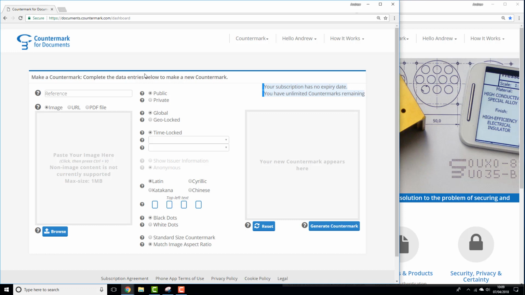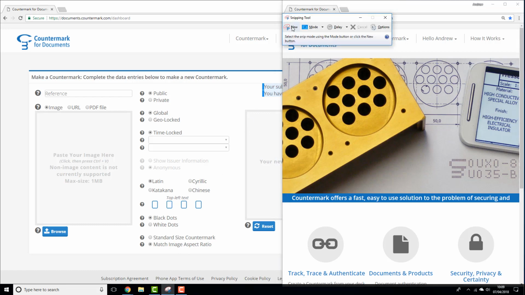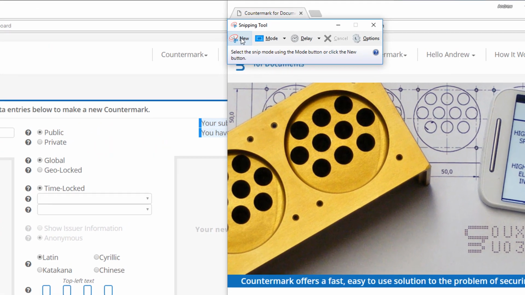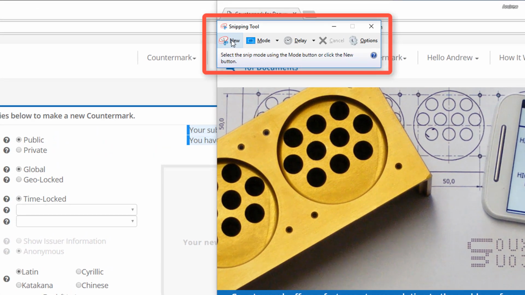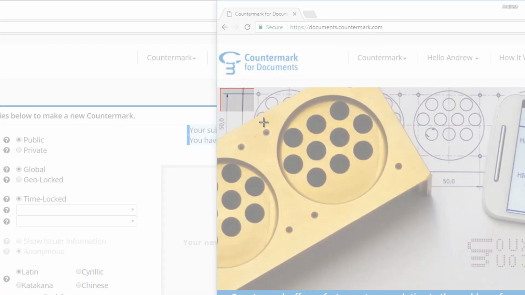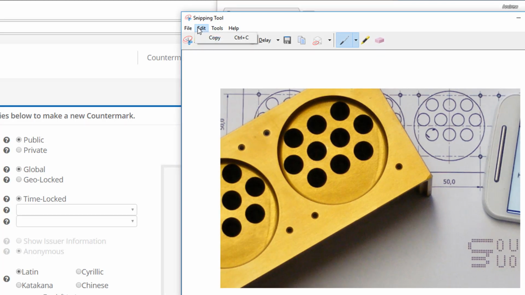For this example, I will use part of the graphic used on the documents.countermark.com website. To copy the part of the graphic that I want to associate with the countermark, I will use the Microsoft Windows snipping tool. This allows me to select the part of the image that I want to use. Click on New, highlight the selection of the image that I want to use, and now I can copy. Edit, copy,